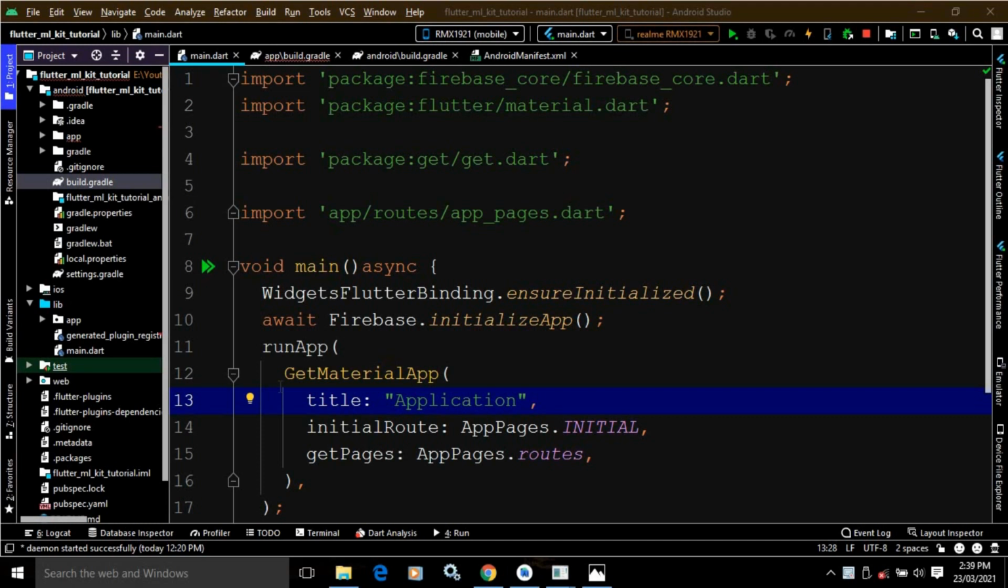In this video, I will discuss how to extract text from an image by using the Firebase ML Kit. Here I have created a project named Flutter ML Kit tutorial by using the Get CLI tool. After creating the project, we need to set up Firebase, and to do that, you need to visit